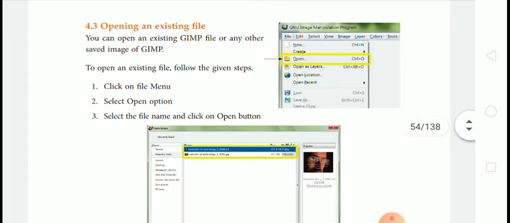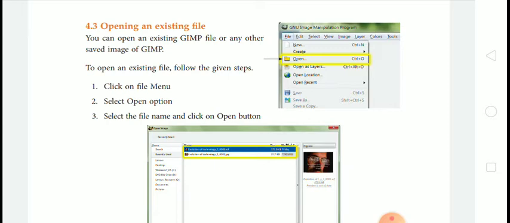Then after this we will see opening an existing file, means how can we open an existing file which we have already saved. You can open an existing GIMP file or any other saved image of GIMP.